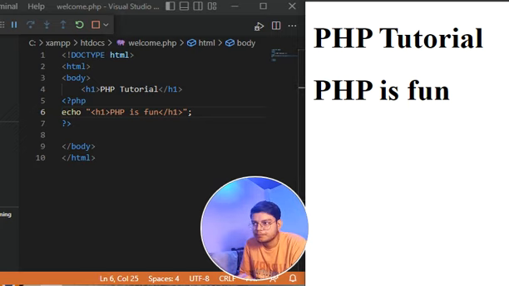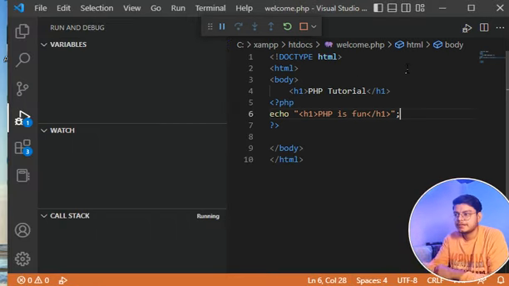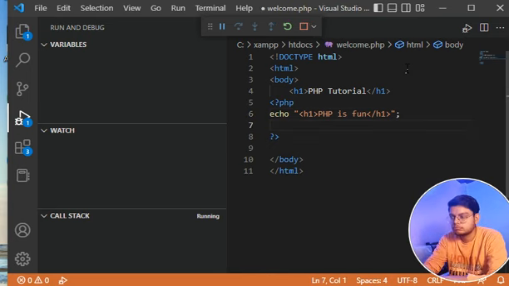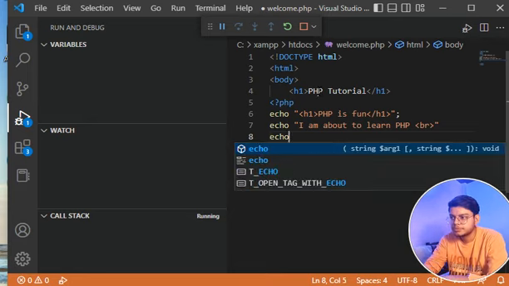So if I change a little bit here, let's print something different in a different way. So suppose let's print something different here. I'm about to learn PHP. Okay, and after that I can use the BR tag, which is the break line tag, to go to the next line, and I can use